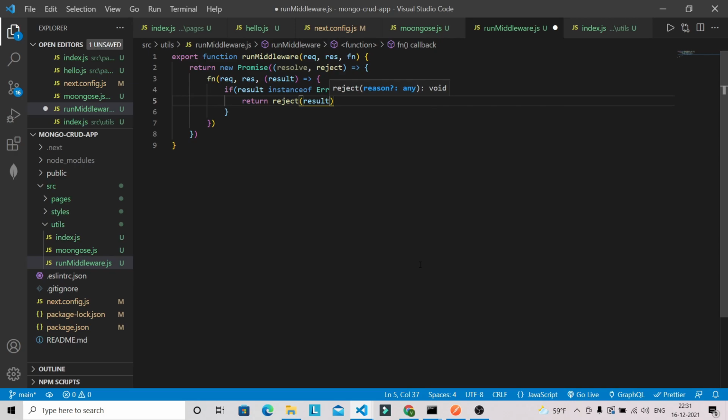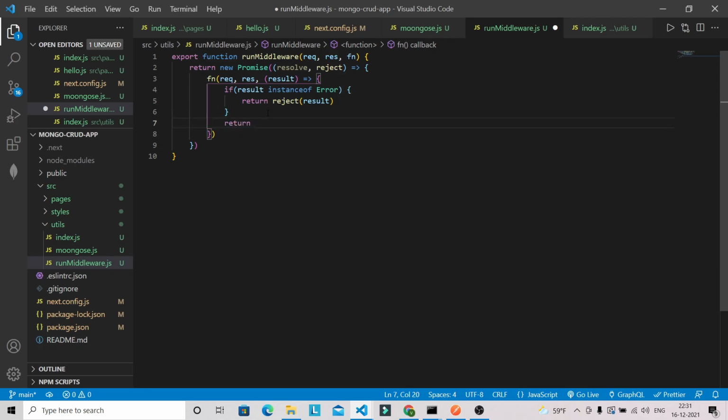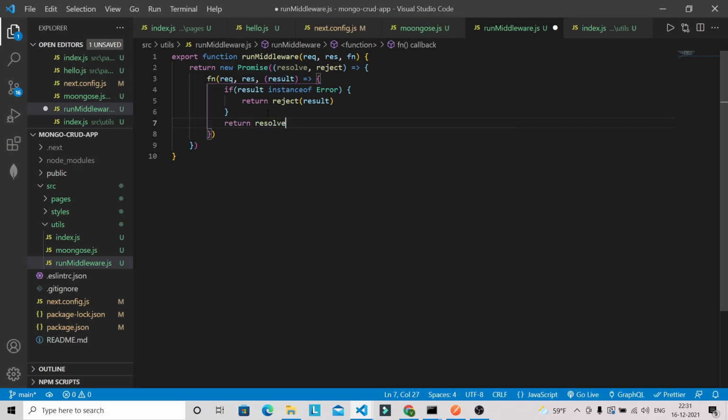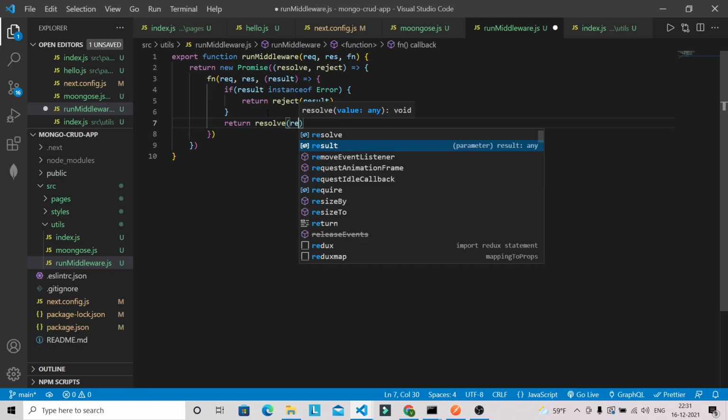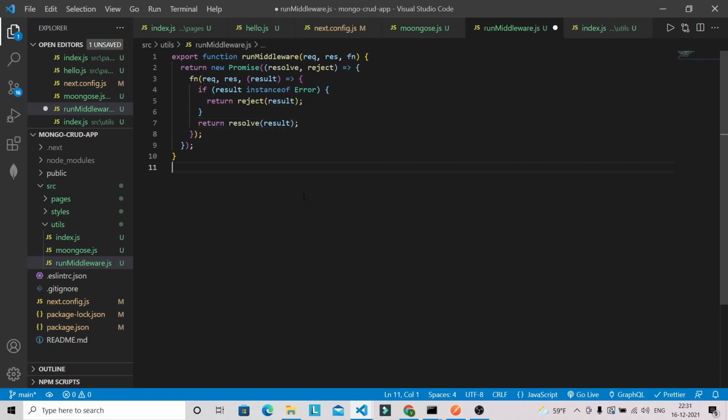Okay, and after this return we can return our resolve state, okay, with the result. So we can pass the result here. So we are done with this middleware.